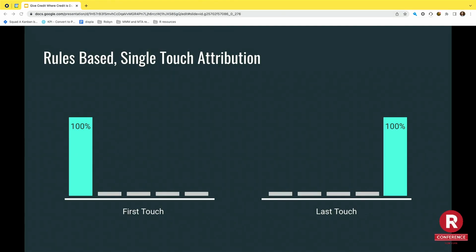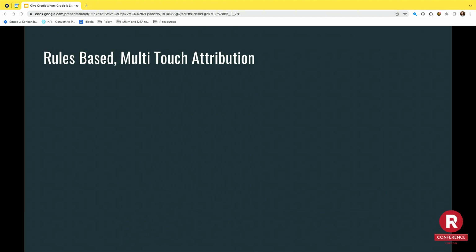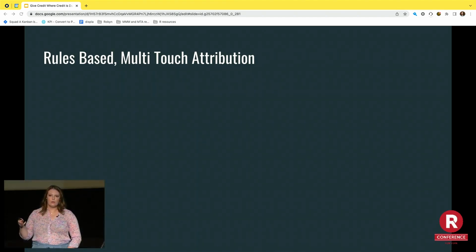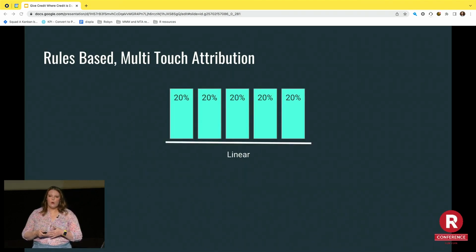One step up, but still not quite there, is multi-touch attribution, but still rules-based. These are still very formulaic, where we take however many marketing touch points we have, and we say this is how we're divvying up the credit for those touch points. So one would be linear, where we give equal credit to every touch point along a customer journey. And you could see where that potentially would be problematic with difference in intent, right? There's a difference in customer intent from passively scrolling and just happening to see one of your ads versus getting to your website, filling out a form, giving you their email address so you can stay in touch, right? Those are different intents from a customer level,